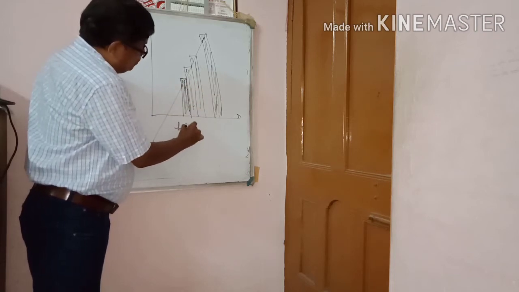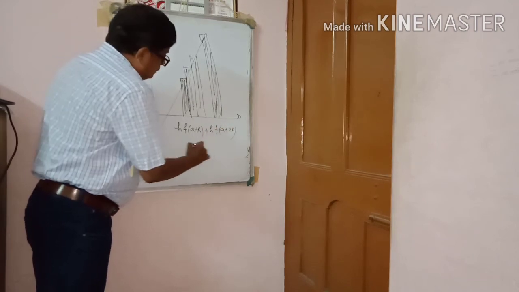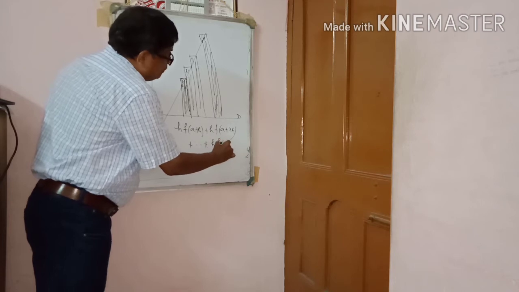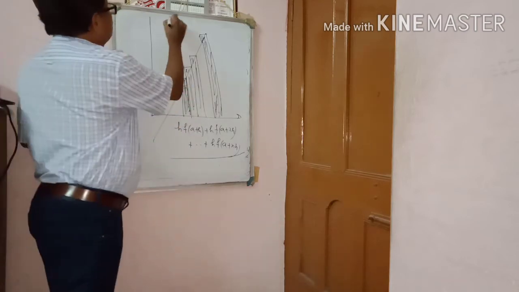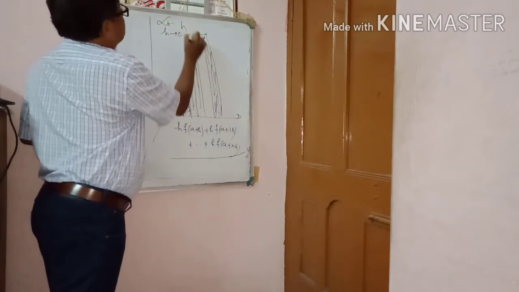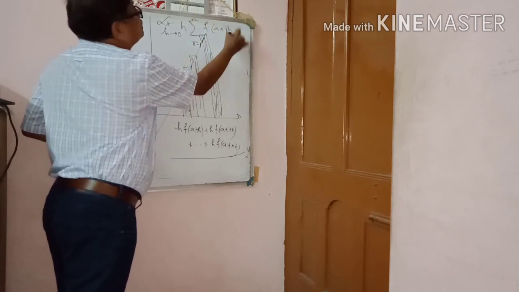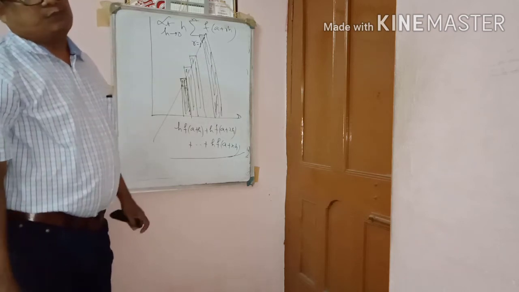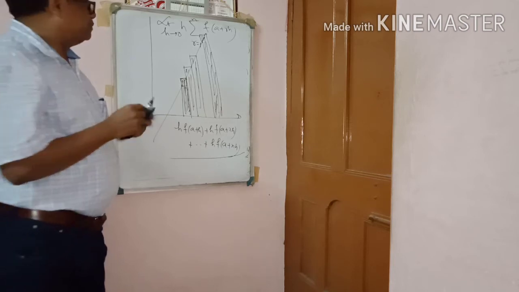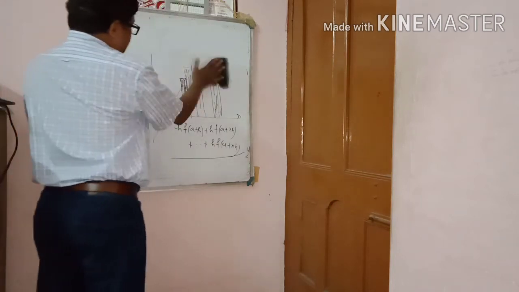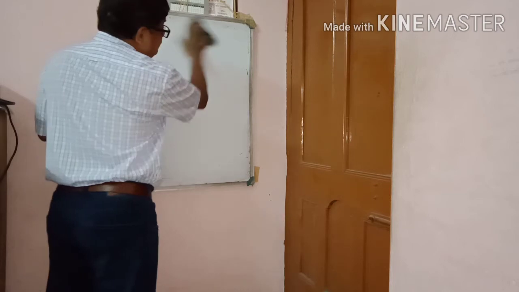So h f of a plus h, f of a plus 2h, like that, h f of a plus nh. If we simplify this part, you will get in a similar way limit h tends to 0, h summation r equal to 1 to n f of a plus r h. Both are same. So the area of the definite integral indicates integration a to b f of x dx.